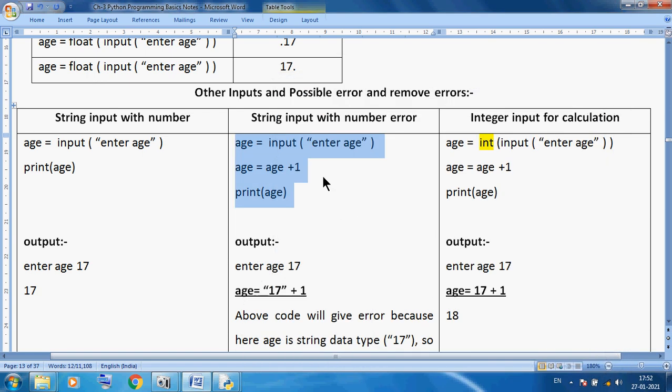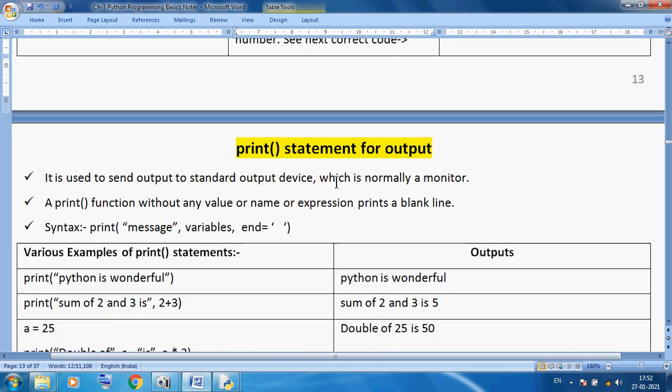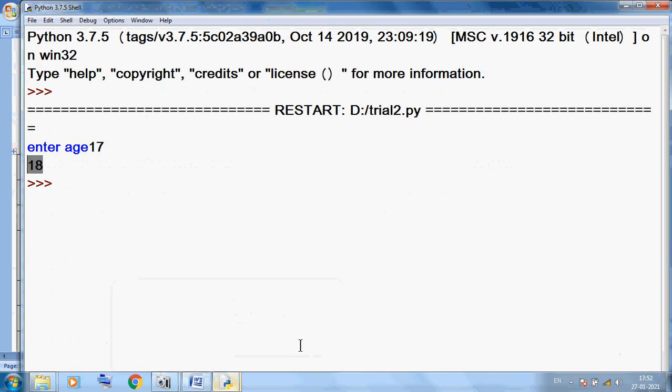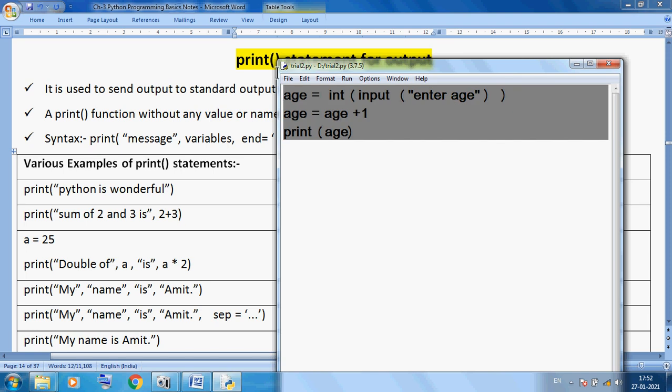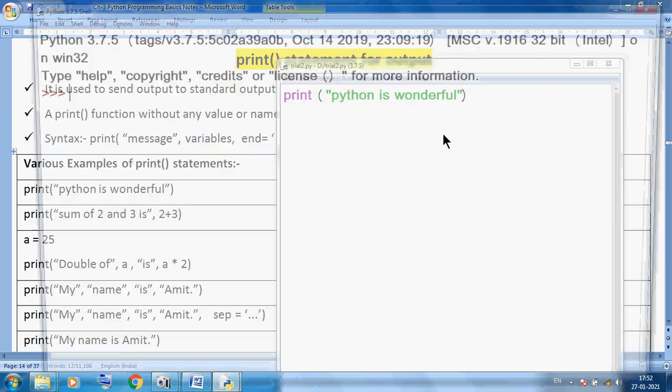So these are our input statements, you can see. Now here I am using our print statement. Simply, I am giving some various examples of the print statement. Here I am using only print, here I am using print, here I am using "Python is wonderful". So a simple message we can use in double quotes, and I want to save and run this program again. Now you can see the output.